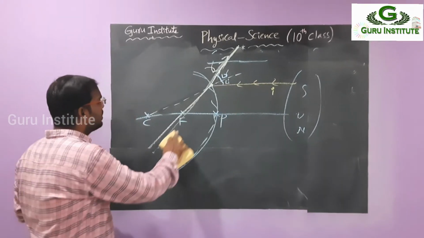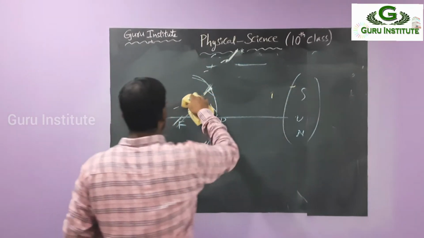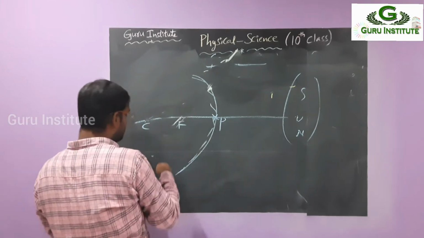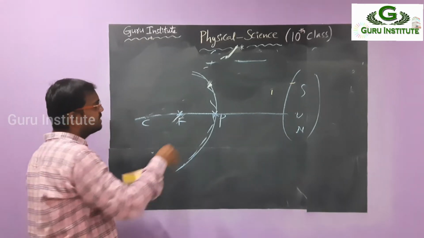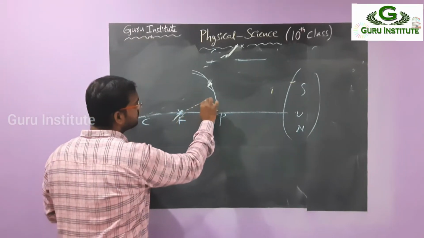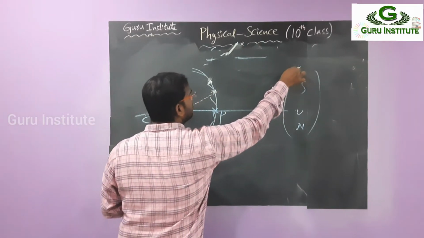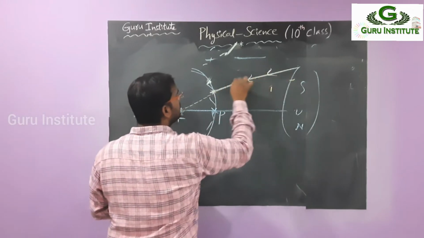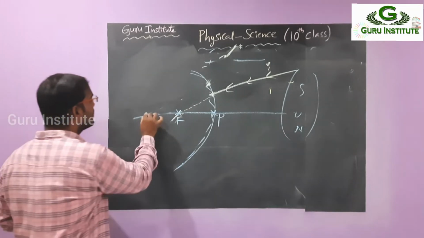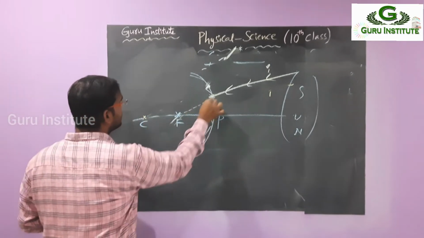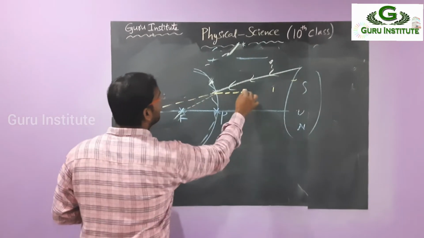I am showing the second case also in this picture only, right? What is the second one? A ray passing through the focus. Will it become parallel to the principal axis? We have to see. Passing through the focus means we just have to extend here. First of all, this is the focus. At this point we take one of the light rays from the sun, the ray passing through the focus. Then we have to draw the normal. Where is the normal? This is C. From here to here we have to draw the normal. So this one is the normal.